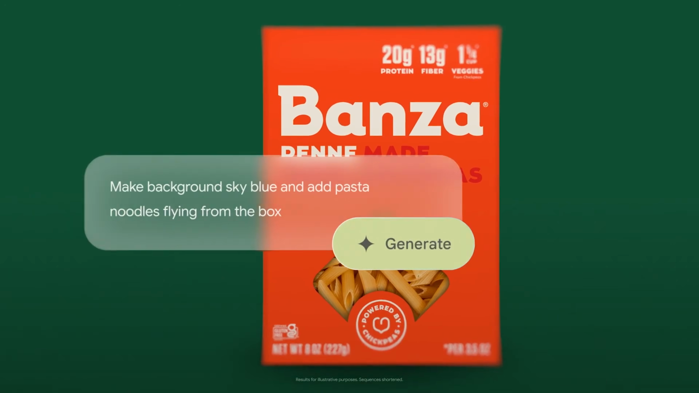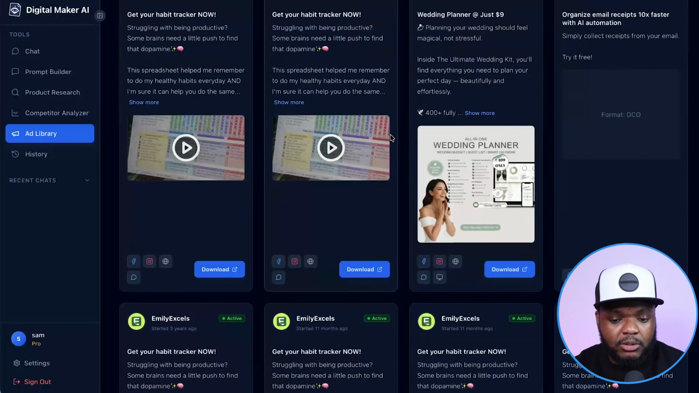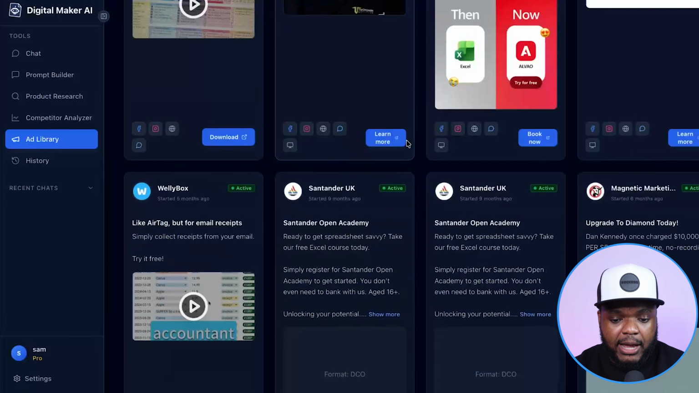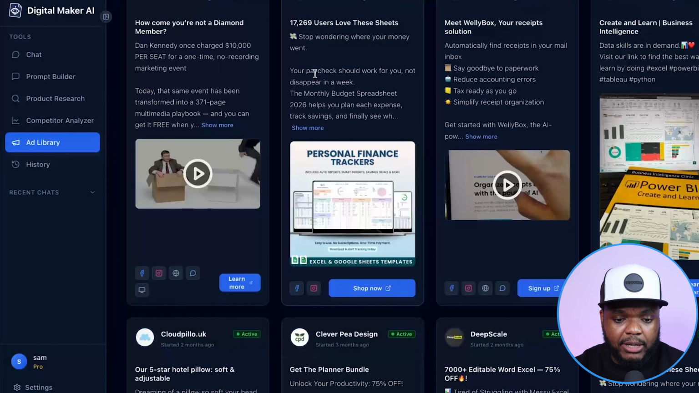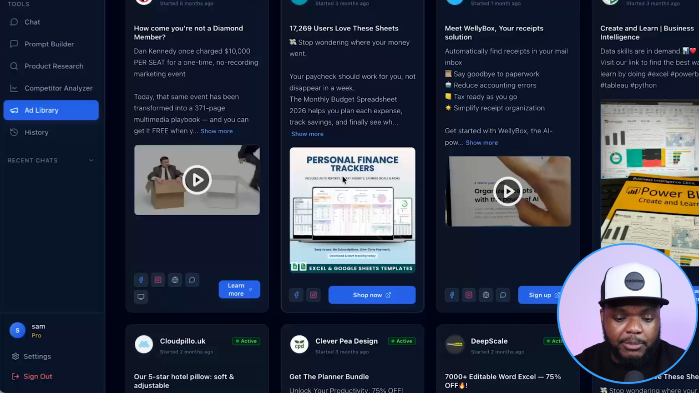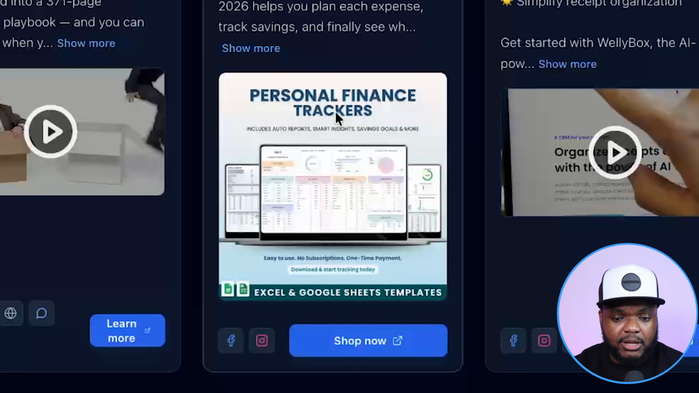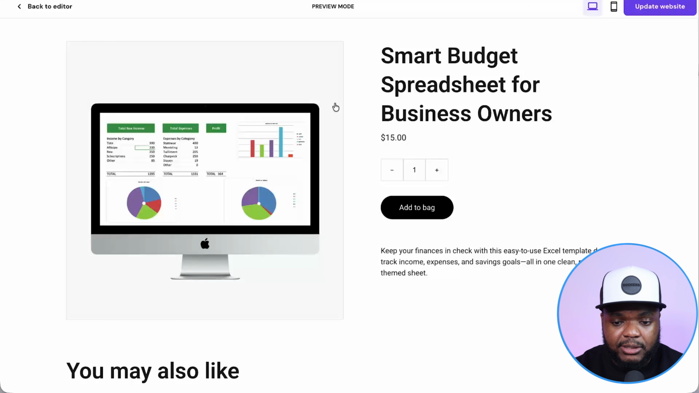But it's not the only way. Gemini can also help in another way when it comes to the actual creatives as well. And if we just go back over to the ad library on Digital Maker AI and go over to the one that we used as an example, which is this one right here. I'm not going to recreate this exact same image. I'm going to use Gemini to create an image from scratch